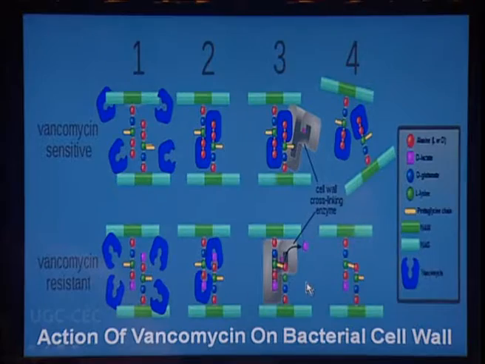So, vancomycin, though it is a costly antibiotic, is not really functional in gram-negative bacteria. Why? Because in gram-negative bacteria, the peptidoglycan component is very little, and that is the reason why gram-negative bacteria are well protected from vancomycin, though it is a very costly antibiotic.